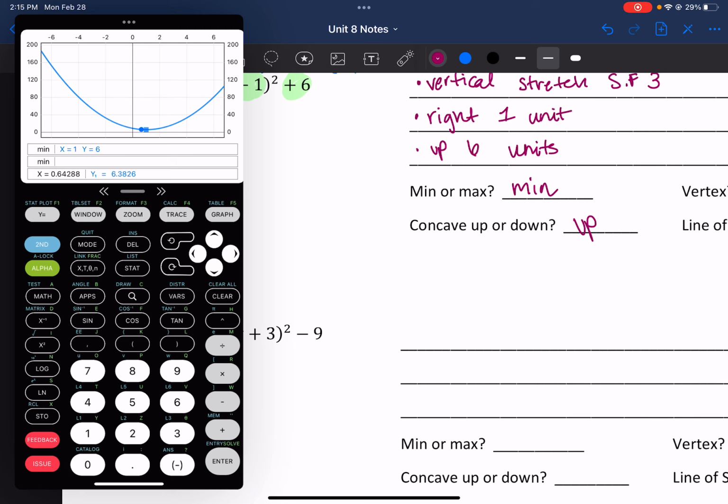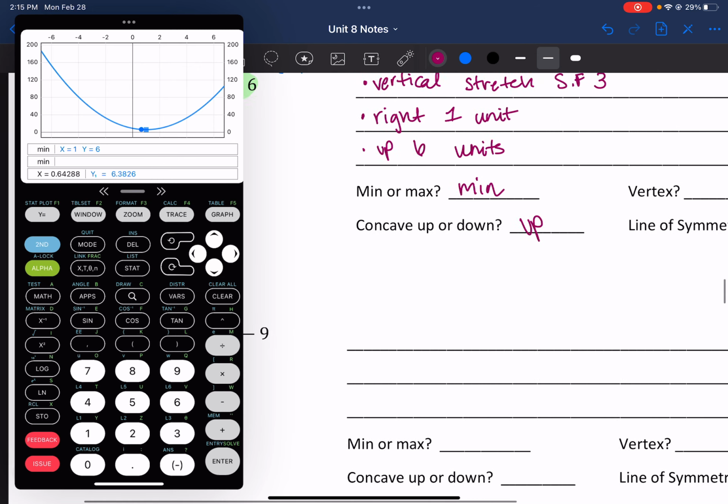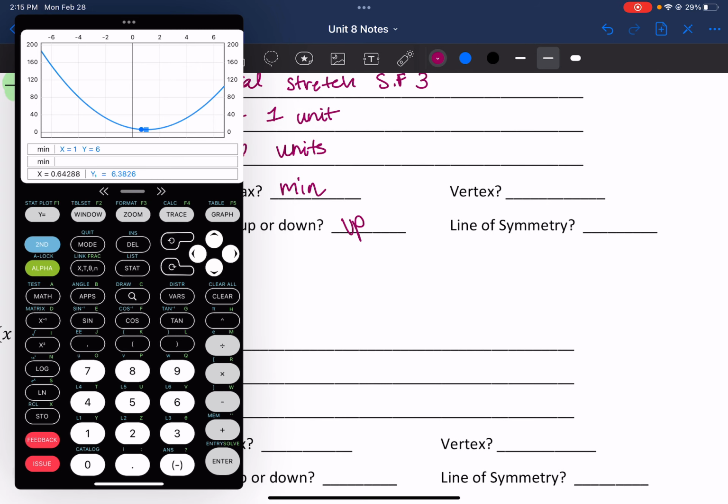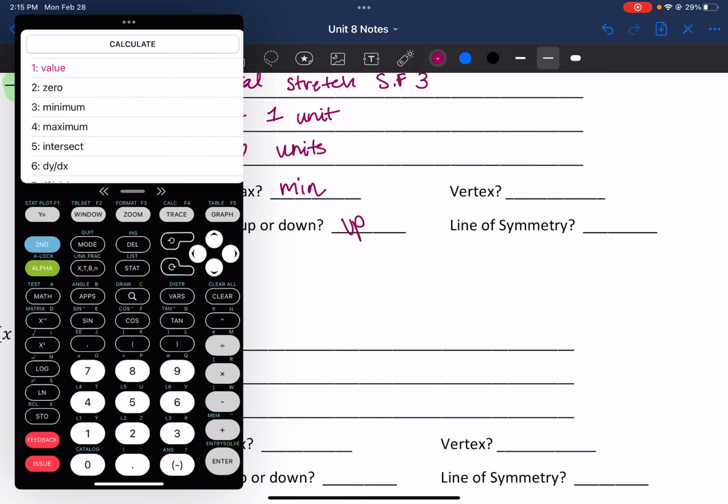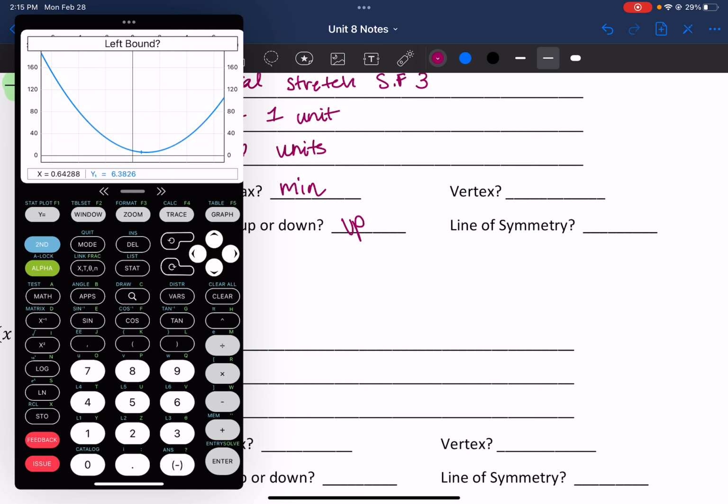All right, so this is what my graph looks like right here. Now remember, I'm trying to figure out my vertex. Sorry, I know you're confused. Remember what I did when you hit the second? You hit trace, and we said it was a minimum, so I'm gonna hit 3. Now, you see this little line right here? You should have a blinker. Yours should be blinking. Okay, so now what we need to do is we need to tell this calculator what